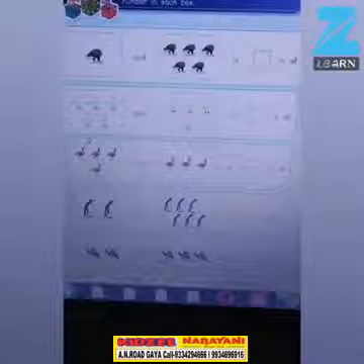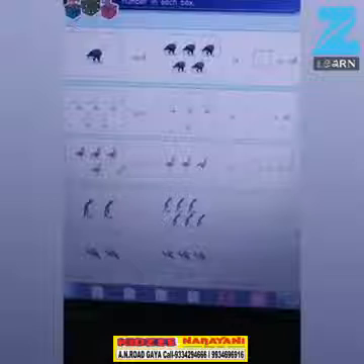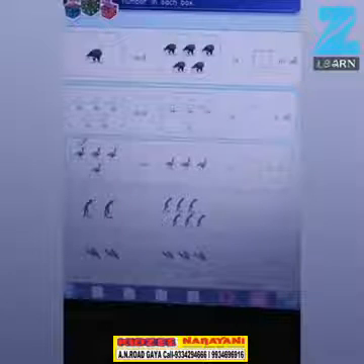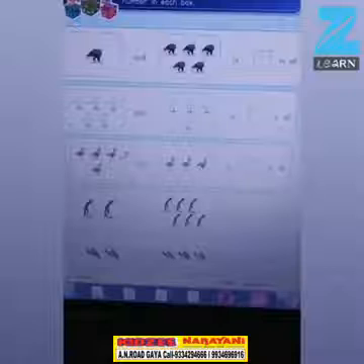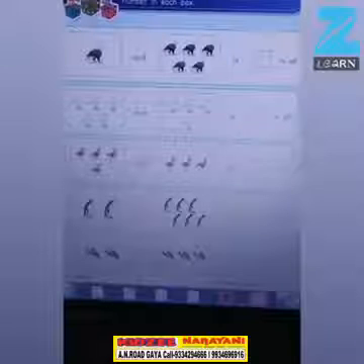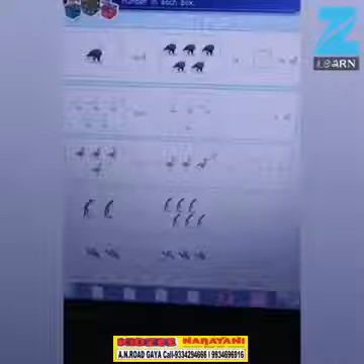What are these? These are ducks. So let's count these ducks with teacher. 1, 2, 3, 4. So we have 4 ducks over here. And how many ducks are here? Let's count. 1, 2, 3.